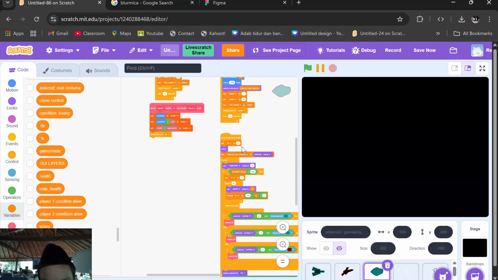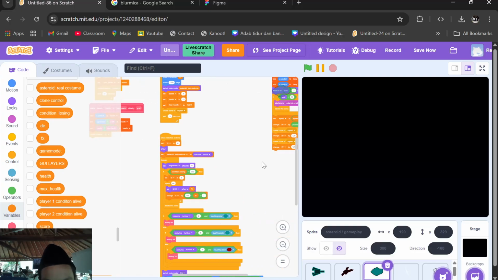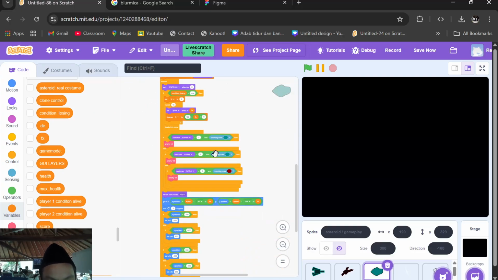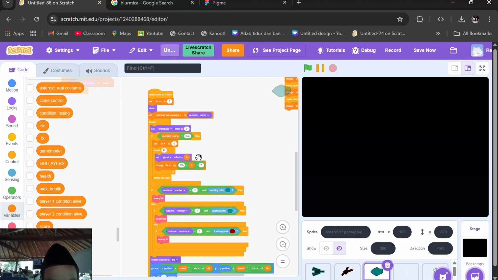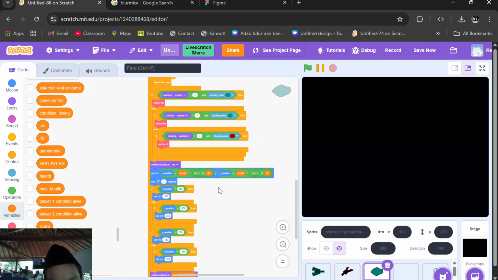Now when I start as a clone, it will set the ghost effect to 0 and then set the ghost effect to FX. This will make the transition better than only using repeat and change ghost, because that will look very bad.